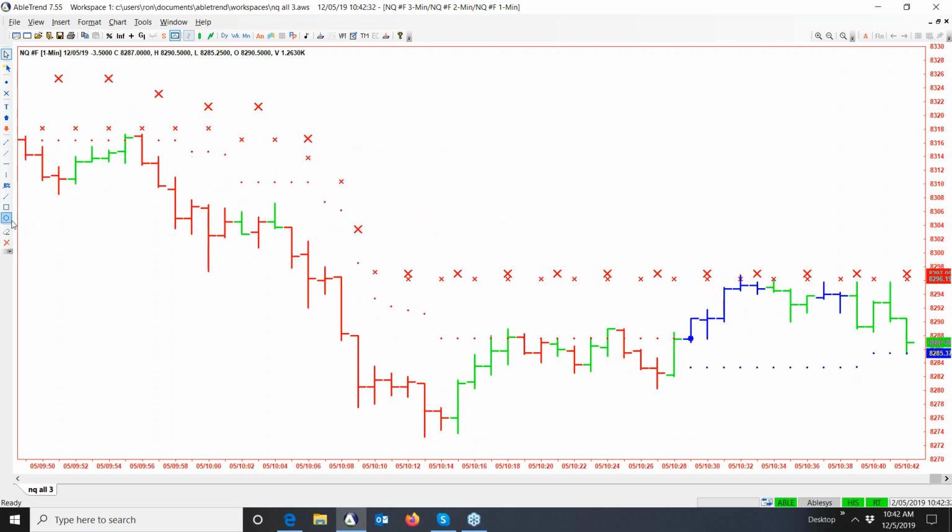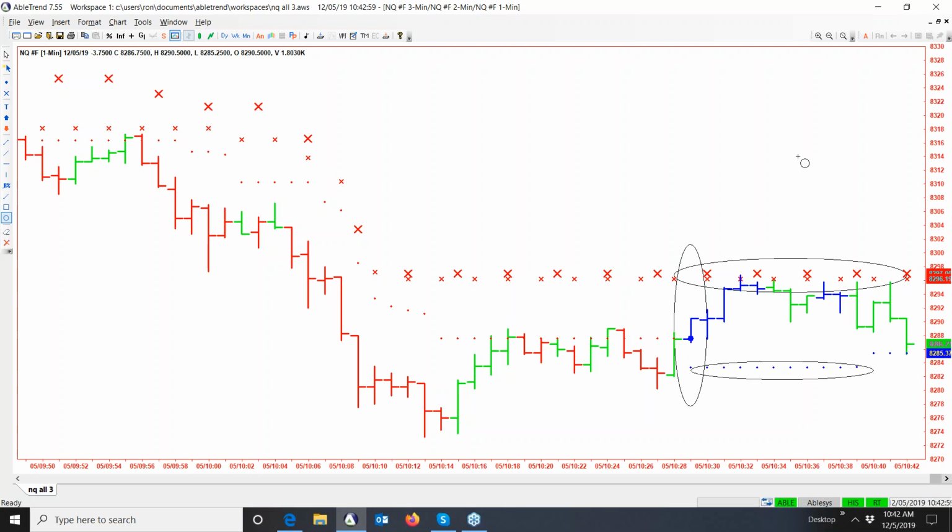We say, just leave it alone. It's too risky. We only want low risk trades. And AbleTrend feels it's too risky by way of our algorithms. There's resistance above, support below. So 20 minutes ago, AbleTrend said, leave it alone. We feel it's too risky to trade at this time. And they can do what they want. That's just our opinion. Well, guess what? 20 minutes later, you're right back at the same price. It went sideways. It's just chopping around. And that was a great no trade.